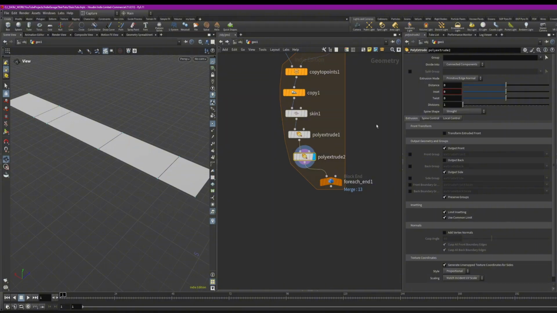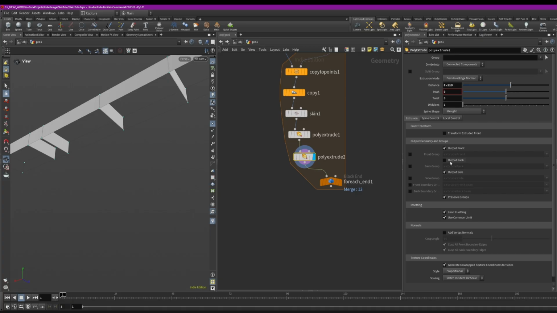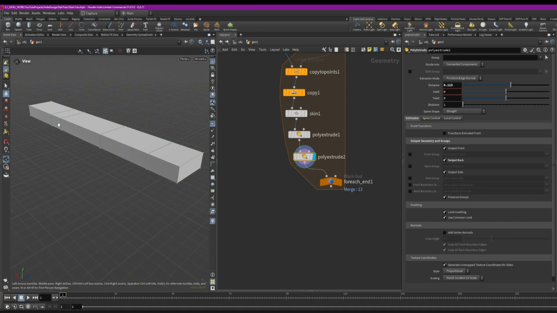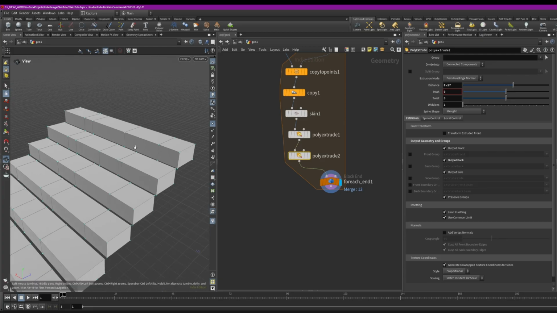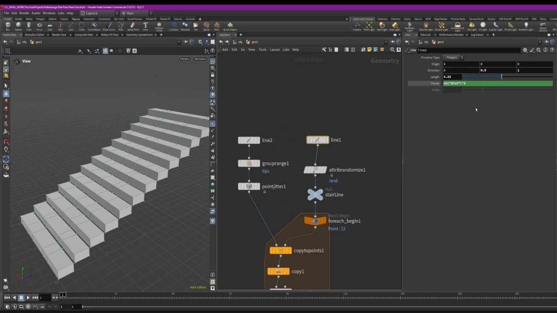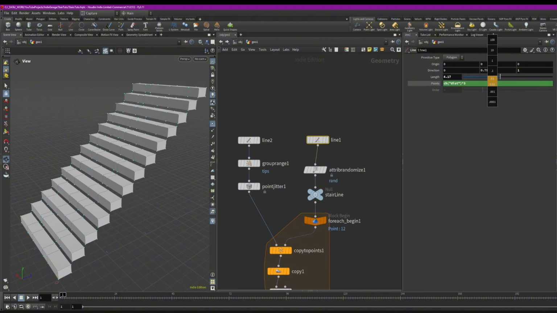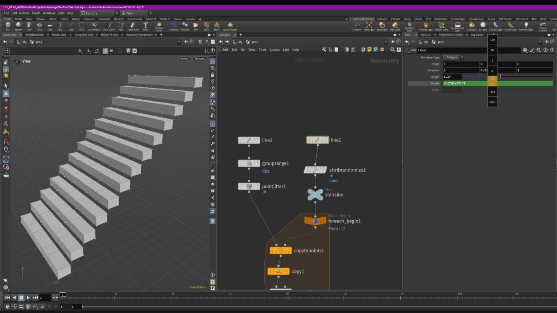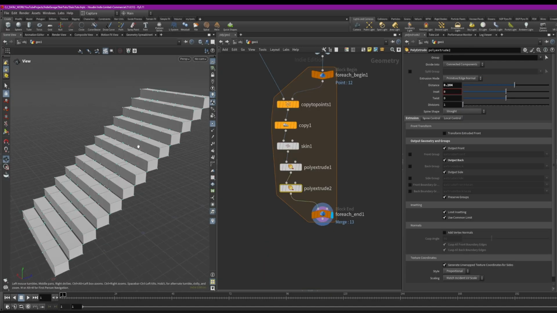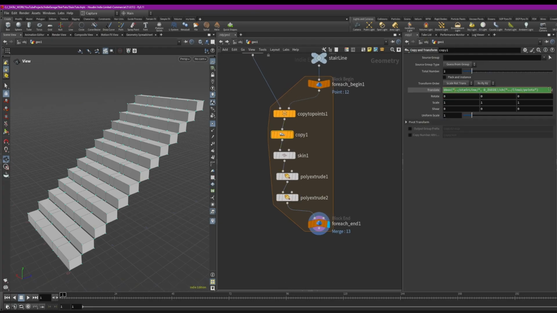This time we will poly extrude everything, and don't forget to check the output back to get the full piece. And this time we want the height to be driven by the bounding box as well, because if I change the settings here, it's not procedural yet. To make it work, we have to use the same trick that we use here. We will use the bounding box,